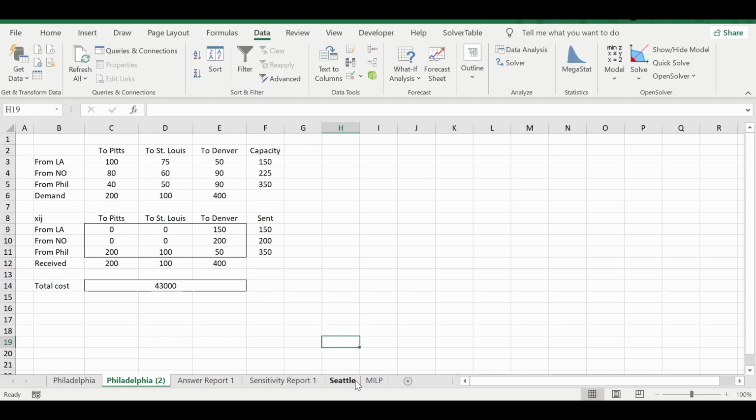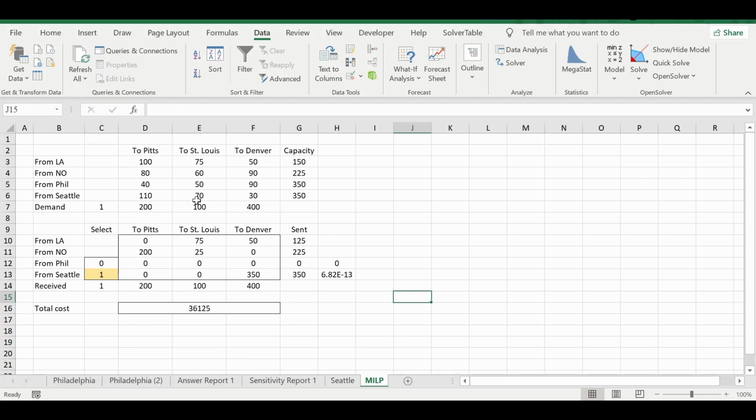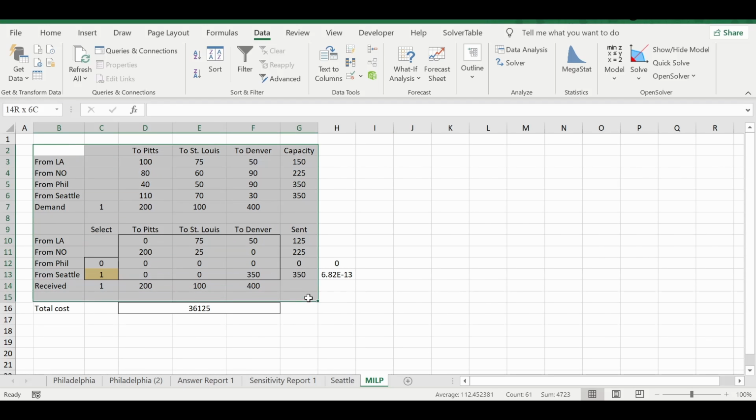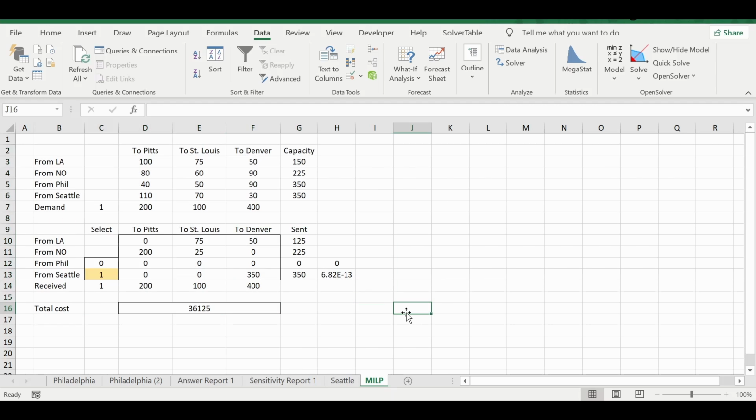Now, the last thing I want to say here is I have made an MILP here. What is MILP? Mixed integer linear programming. What's that?